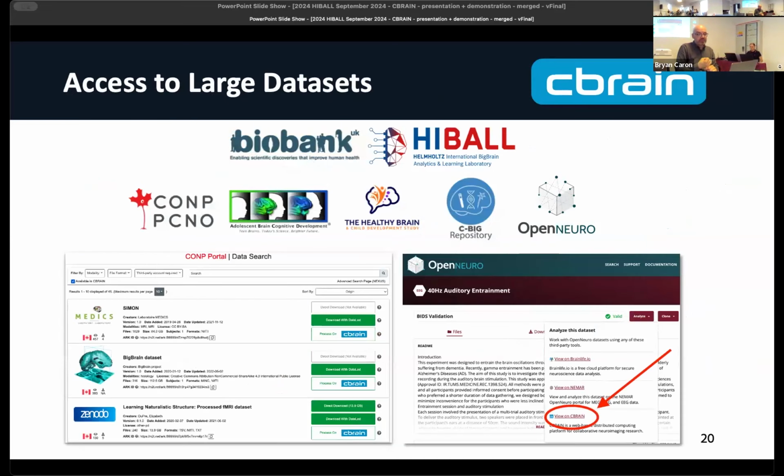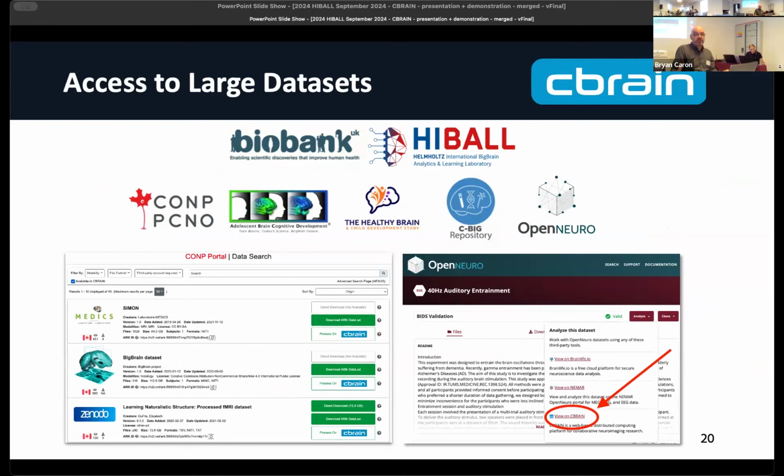Touching upon the accessible data sets, while it may be good that you want to upload data to the system that you yourself are bringing, we also try to make sure the opportunity is there to save on the effort of having access to those data sets. So that's why we connect to different repositories, like I mentioned, for the Canadian Open Neuroscience Platform.